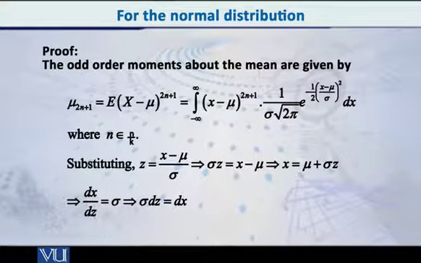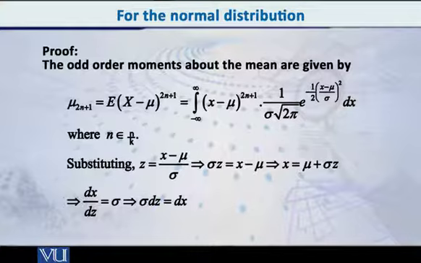So that's the first moment about the mean. अगर n 1 रखें तब क्या होगा? 2n plus 1 is 2 into 1 plus 1. So that is 2 plus 1, and that is equal to 3. तो वो जो आपको अगला चाहिए था odd order moment mu 3 वो आपको मिल गया. इसी तरह you can go on and you can find that this expression does indeed yield the odd order moments.